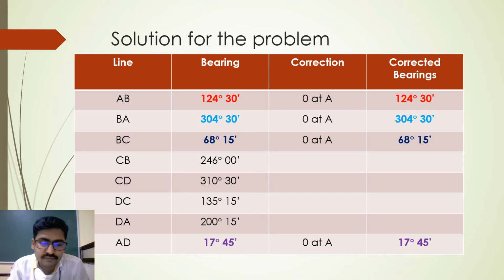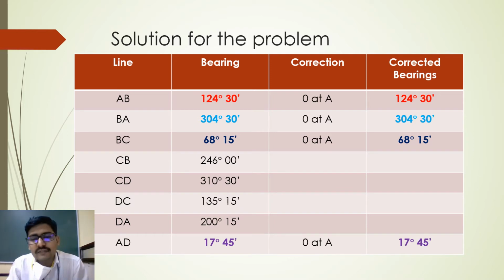Now in the first column, line AB, right? Bearing of line AB is 124 degree 30 minutes, given, right? And this is the forward bearing. Back bearing of the line AB is written as BA. So this is what I have explained in the last problem in my video. They are written as a single bearing, and instead of writing it as forward bearing of AB, you can simply write it as BA. BA means back bearing of AB. So that is given as 304 degree 30 minutes.